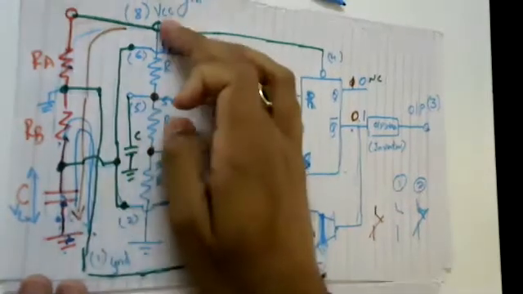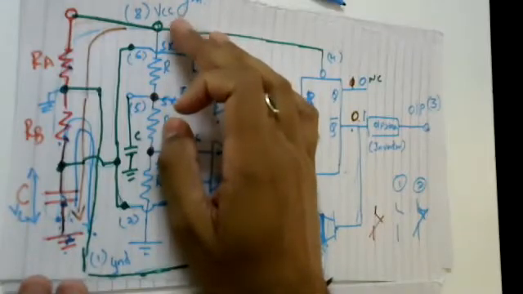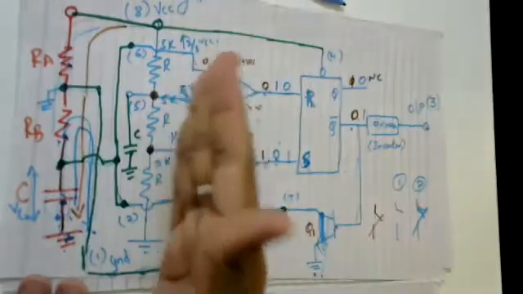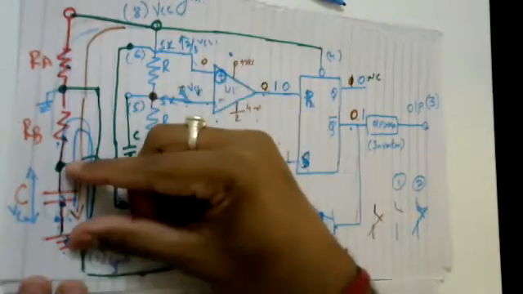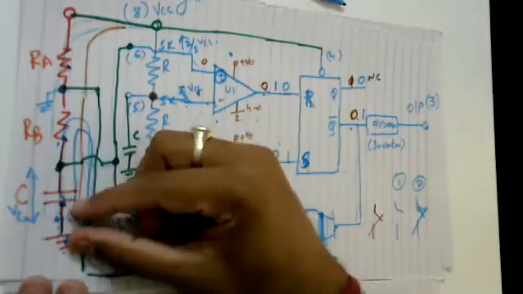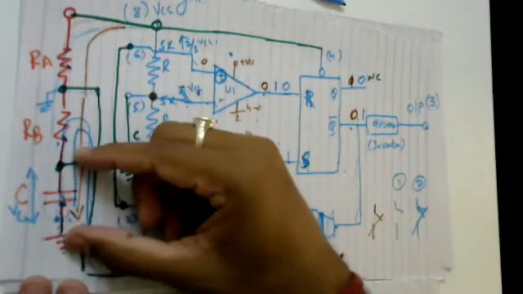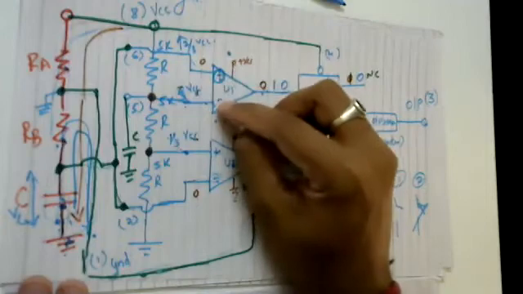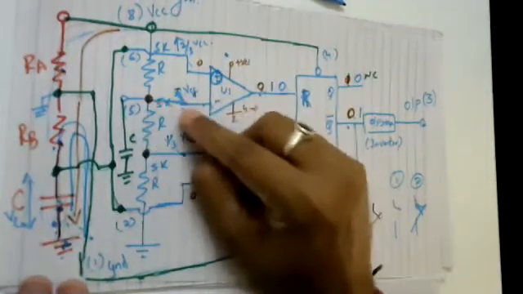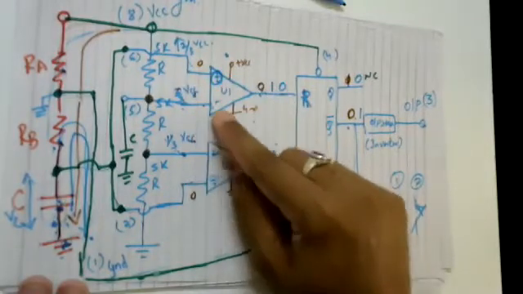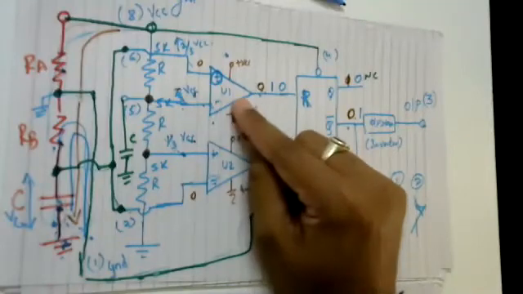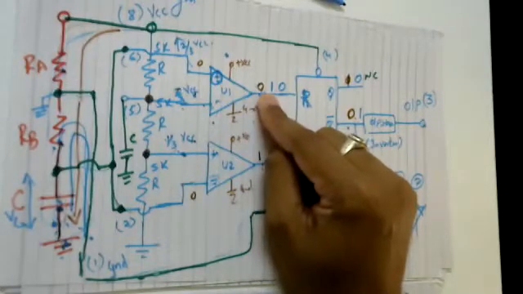Now once I apply the voltage at instant t equal to 0, I am analyzing the present position of the circuit. Potential at the non-inverting terminal is given by the voltage across the capacitor C. Since the capacitor is not charged, the voltage is 0. What is the voltage at inverting? Voltage at inverting is 2 by 3 times that of VCC. So out of the 2, who is at higher potential? Inverting terminal is at higher potential. Therefore, output of your op amp is 0.